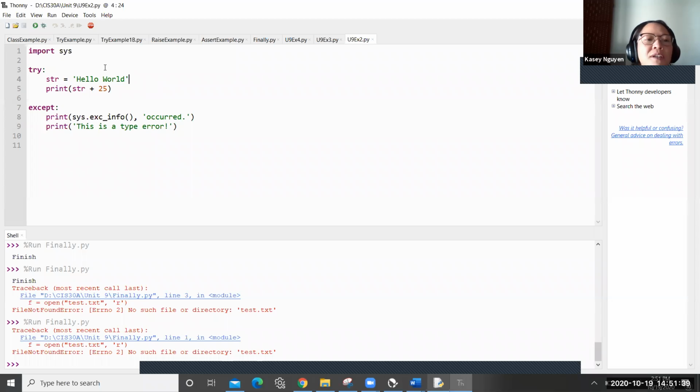So first we wanted to put import sys, because the sys module is going to give us the information of our error. In my try, I simply put str is hello world, and you can name your variable anything you want there. And then I'm going to print str plus 25. And in the except, I would have print